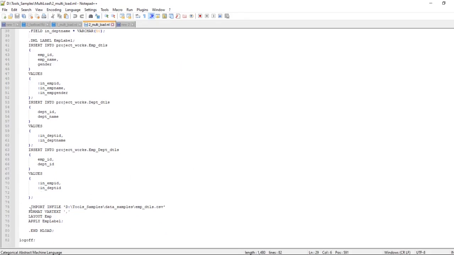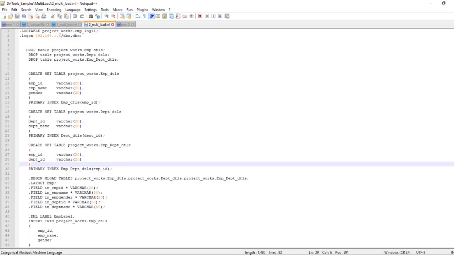Import infile is the input file, and end mload. These are the critical and crucial multi-load commands and terms. Log table logs the entire execution process. Log on is to connect to the database.